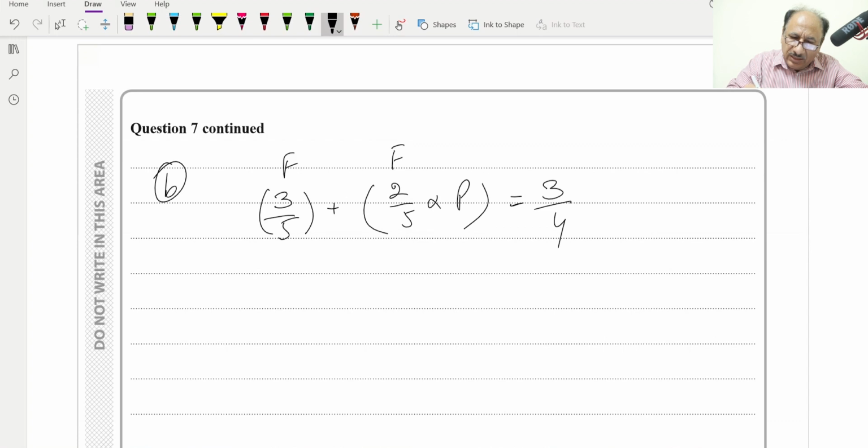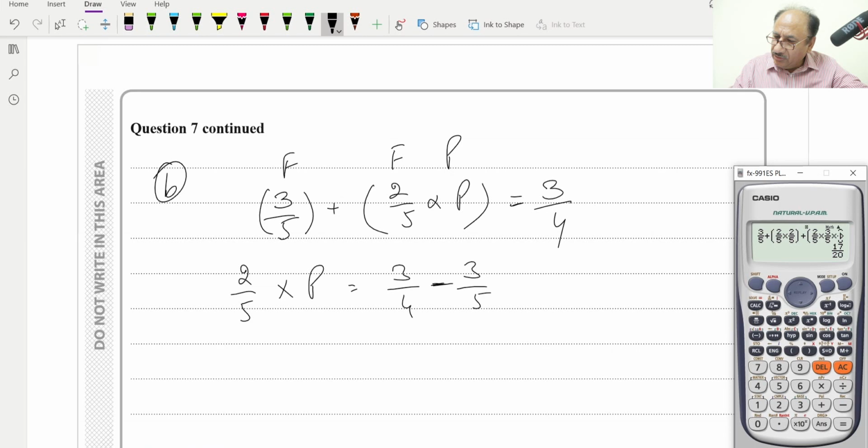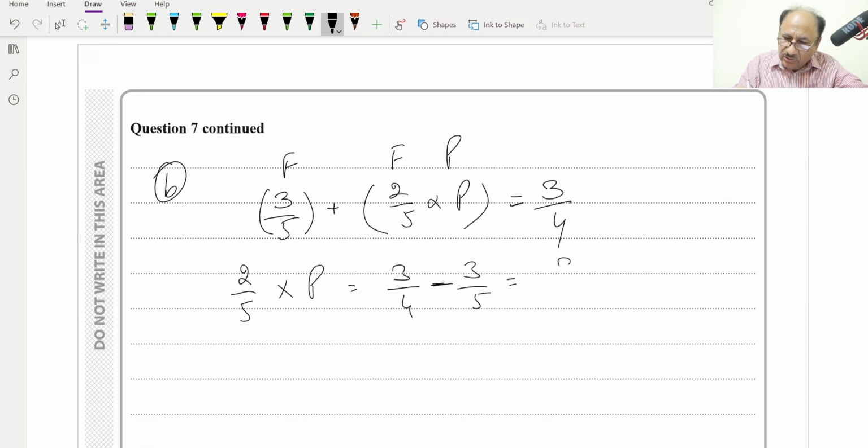First will be fail and second will be pass. Now we have to calculate this p value. We will shift 3 by 5 first. So 2 over 5 into p is equal to 3 by 4 minus 3 by 5. We can calculate this: 3 over 4 minus 3 over 5 is equal to 3 by 20. So 3 over 20, and p will be equal to 3 over 20 divided by 2